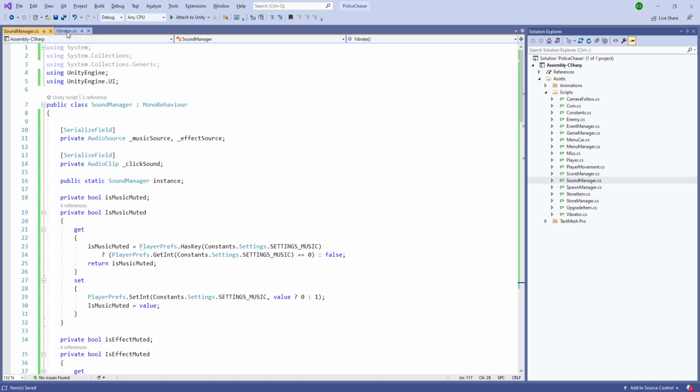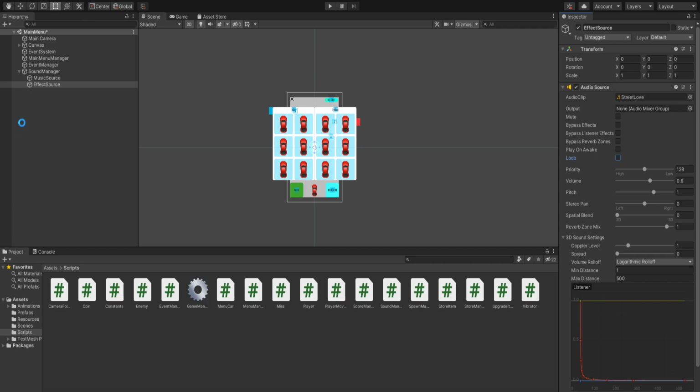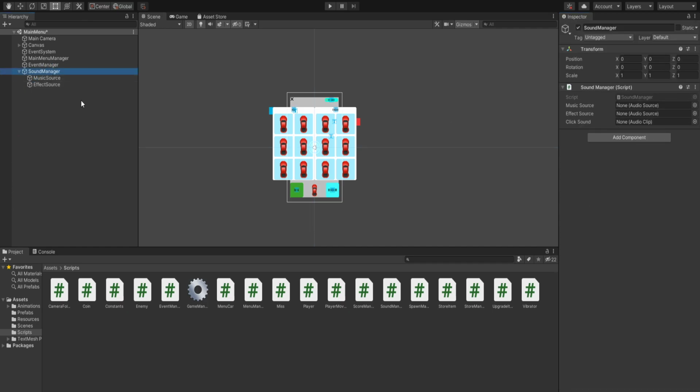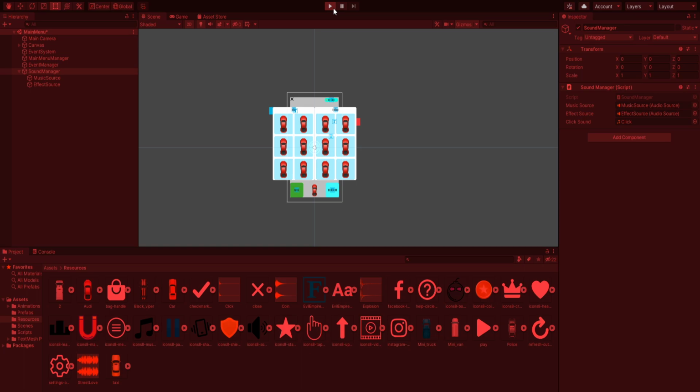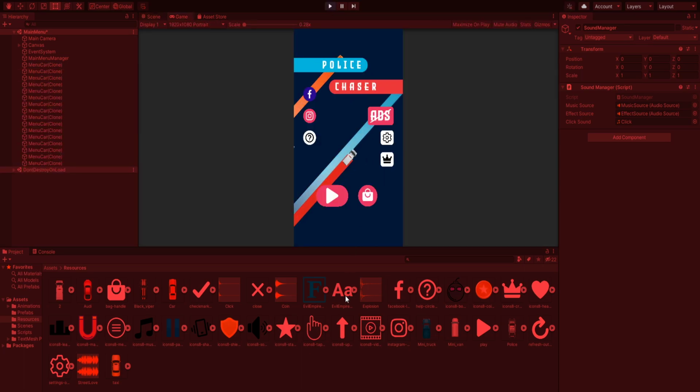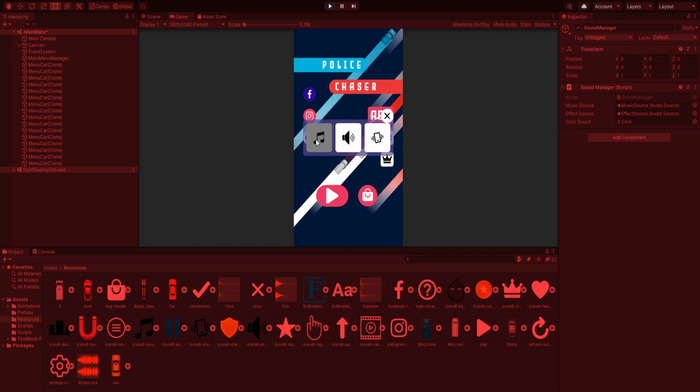So that should do for everything, and we need to attach both the sources to the effect source and also the audio clip. So let's add the music source and the effect source, and from our resources we will also add the click sound, and now our effect should be working fine. So as you can see we are able to have the sound,